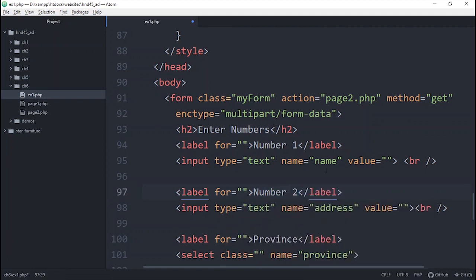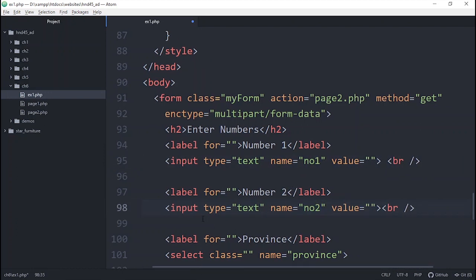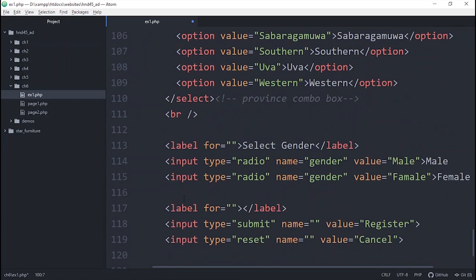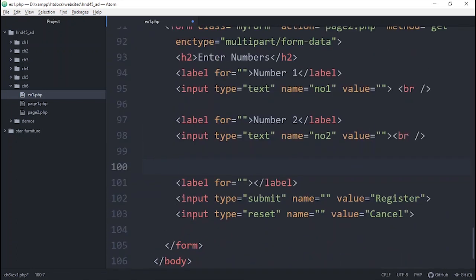Number 1, number 2. This one I will say no1, no2. Then we don't need these things. We're going to say submit button, value I'm going to say calculate.